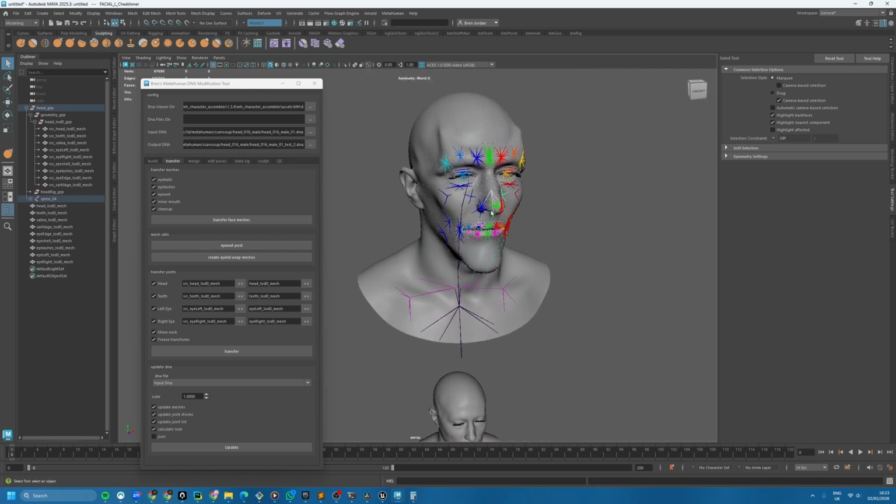So let's say we're happy with this, and we want to output to this DNA path. Down here at the bottom, we're going to update our input DNA with these new joint placements and meshes, and we're going to also calculate the LODs. And